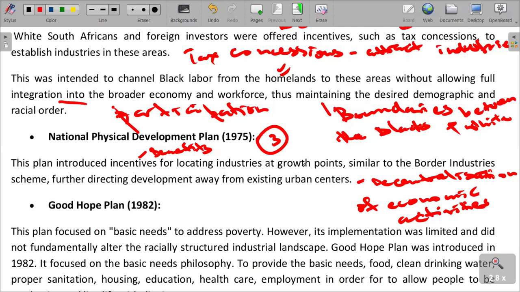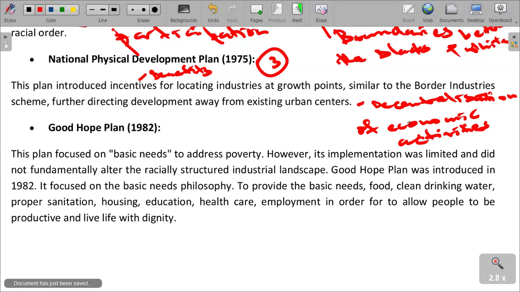So what I'm saying here is that it focuses on decentralization of economic activities, where businesses and industries were promoted to develop in rural areas or at border towns of the black homelands, which was a strategy in the National Physical Development Plan. In that regard, we also need to look at